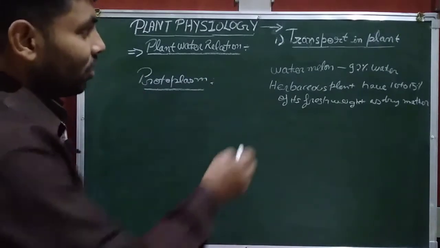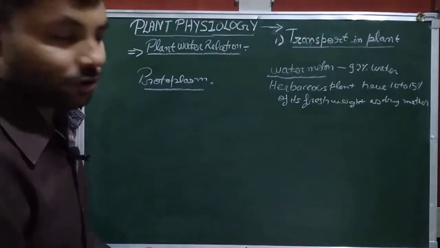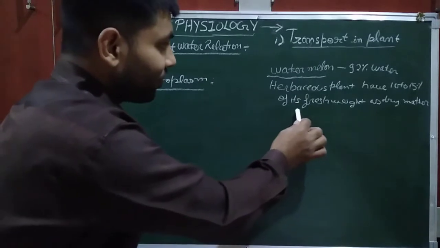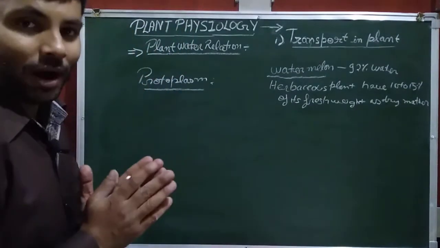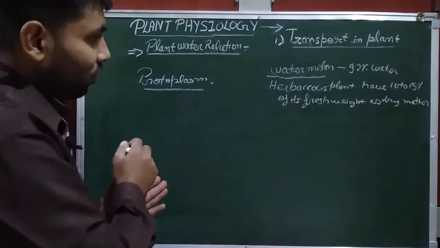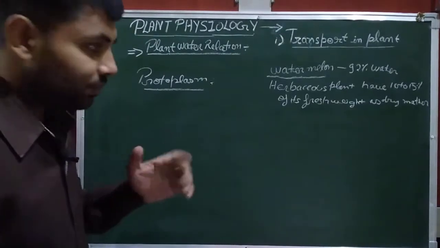Now see, watermelon contains about 92% water. Hibiscus plant has 10 to 15% of its fresh weight as dry matter. And the mustard plant absorbs water equal to its own weight in about 5 hours. Okay, now see